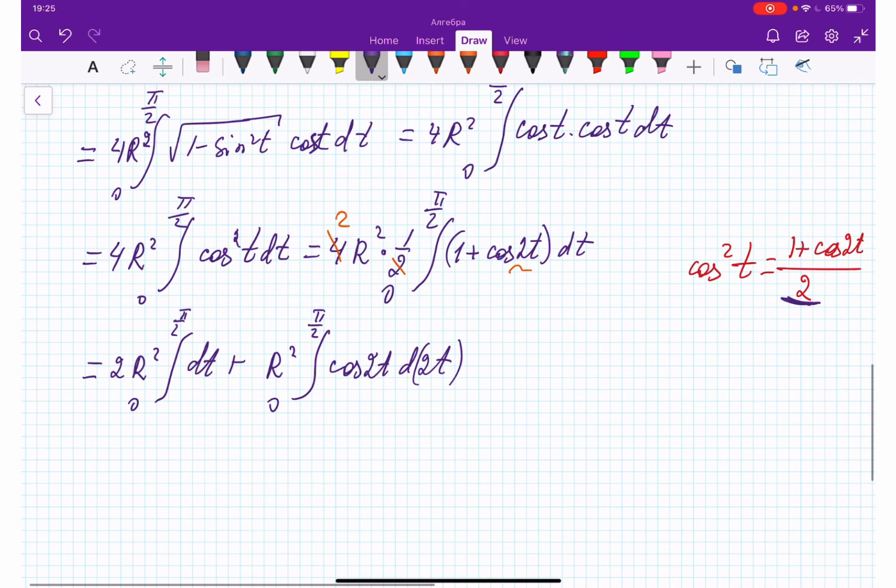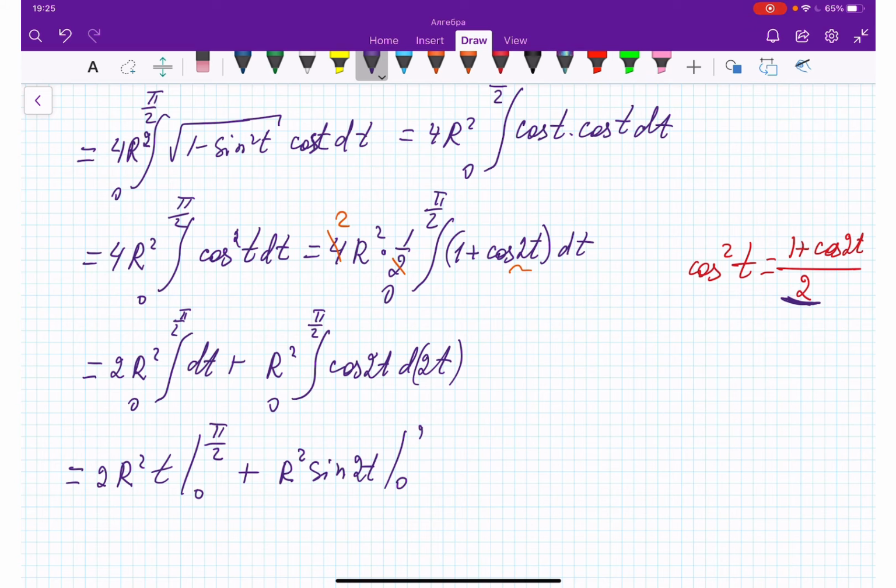And from here we are getting 2r squared t from 0 to half a pi plus r squared sine 2t from 0 to half a pi,